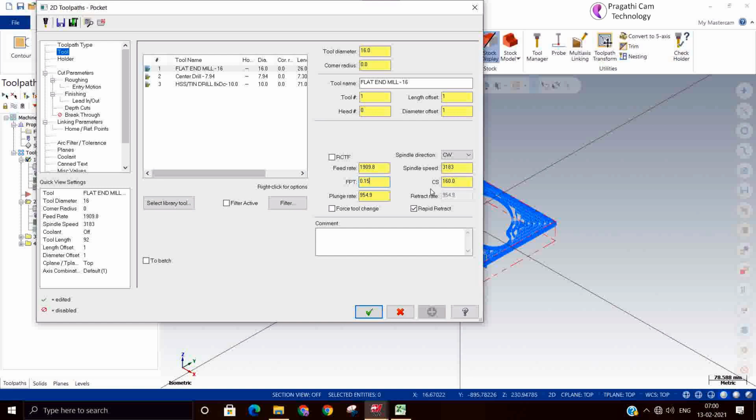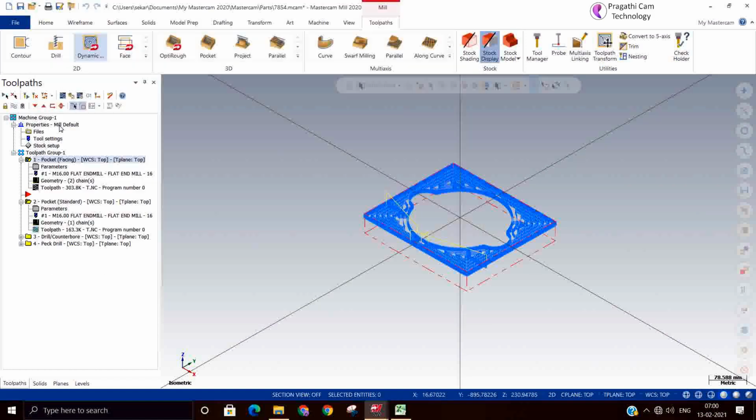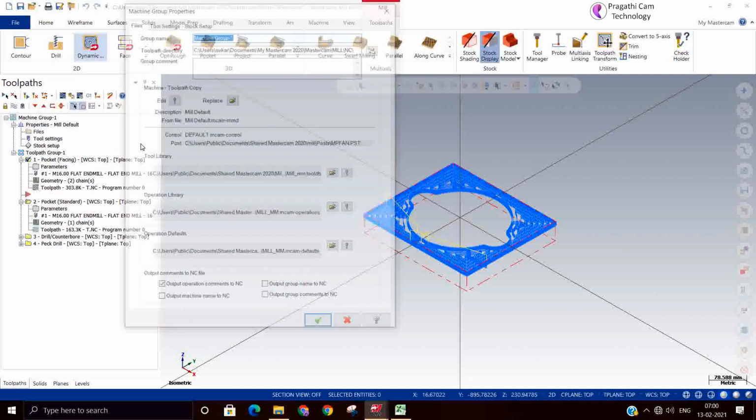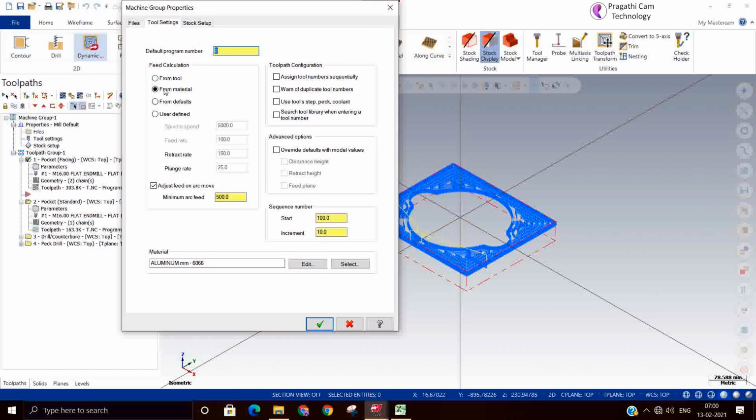Whatever default values you are getting are from the material library. There are two possibilities, as I told you: it is from the material or from the tool. So from here you can change it to from material. Like this you can switch over from here. Based on that your feed rate and spindle speed will come.